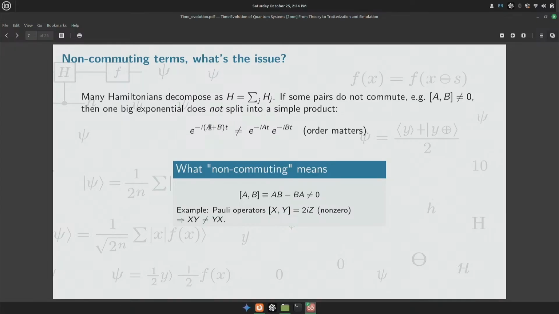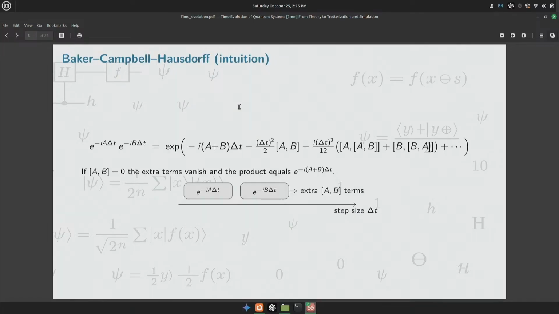But when it becomes a matrix, in quantum mechanics we call it an operator. We cannot do it. Why? Because if A and B do not commute with each other, that means the commutator AB minus BA is not equal to 0, we cannot write this,